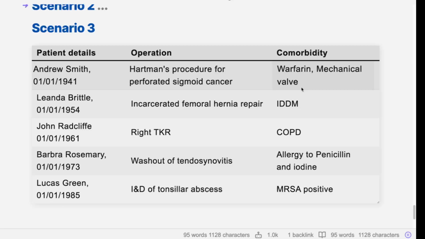In an exam setting, in my opinion, it's very unlikely that you will get a case like that, which includes many different types of teams needing to be involved in the decision making, and they're just asking an SHO or a junior doctor to make a decision about this. You will definitely need support from different teams and different seniors and the theater coordinator. Like I said, in this one, the main assessment is about your decision making process